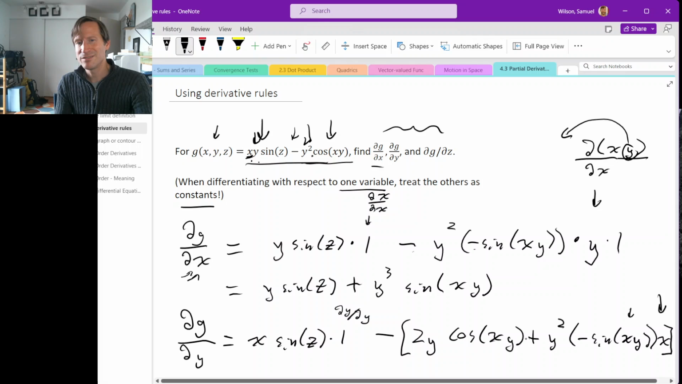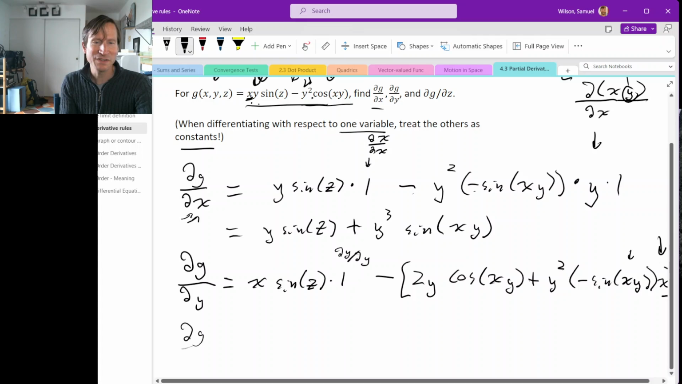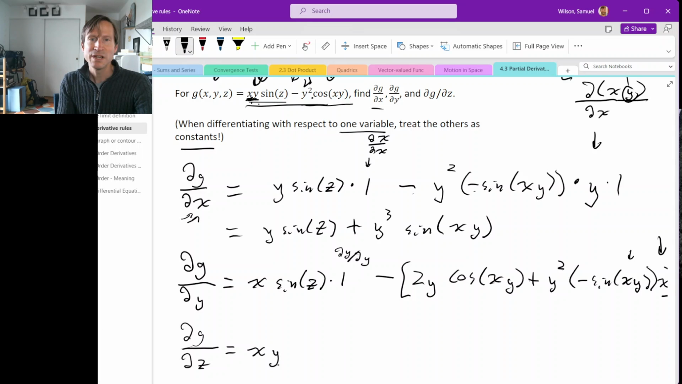Finally, the last partial derivative. Since we have 3 input variables, we have 3 partial derivatives. So partial g, partial z is the last partial derivative. So in our first term here, x and y are acting like constants, so we can slide them outside of the derivative, and then take the derivative of sine of z, which is cosine of z, minus, and now we need the derivative of this last part with respect to z. This last part doesn't have any z